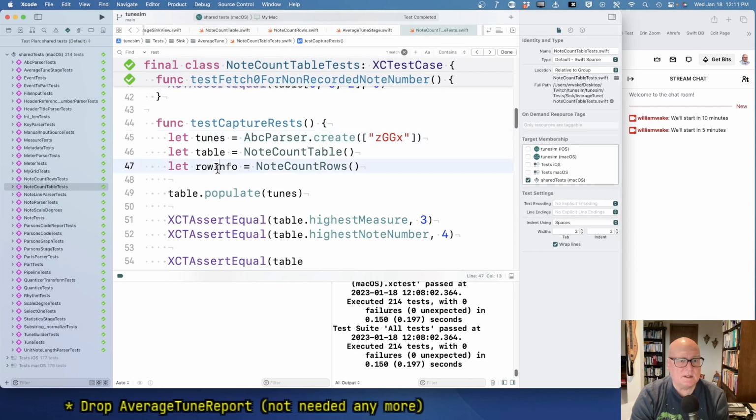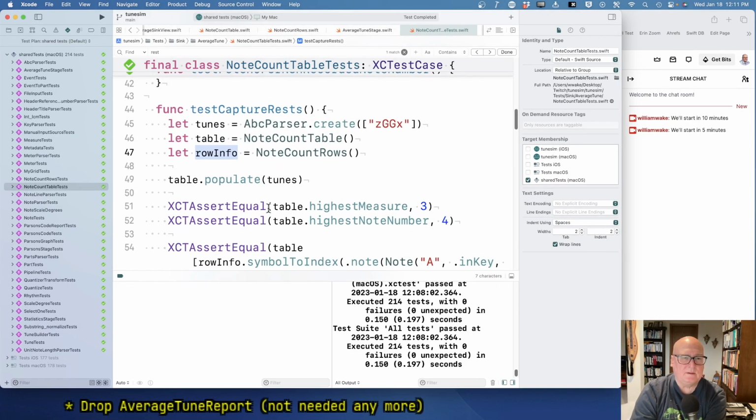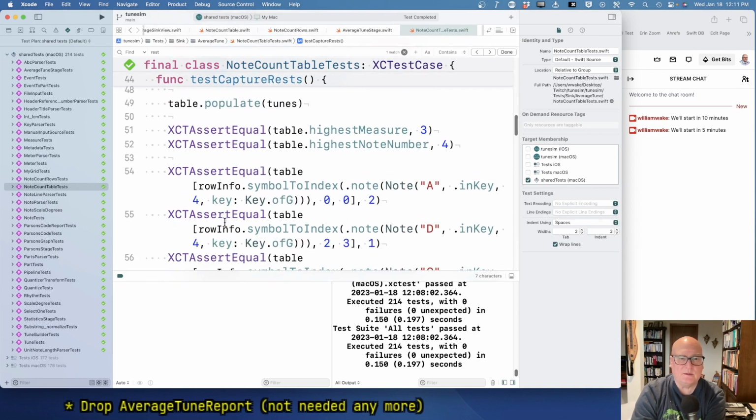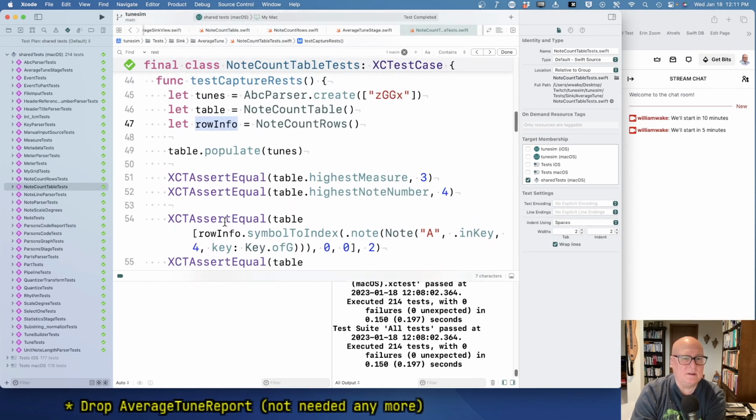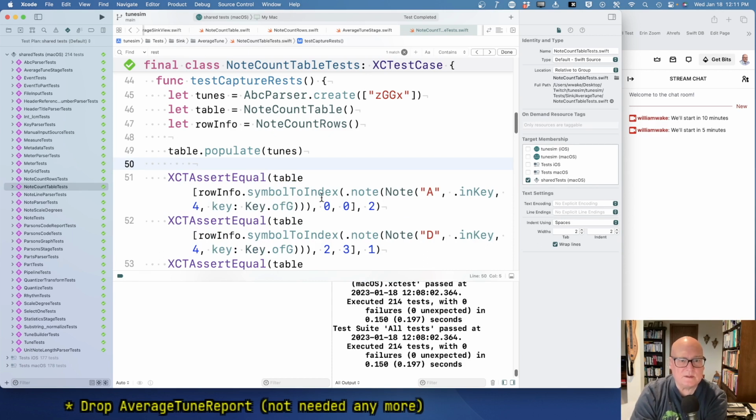Okay, and I guess we're using that to look it up. So populate the tunes. We want to make sure that, well, let's get rid of this. We want to make sure that row info, symbol to index, note G